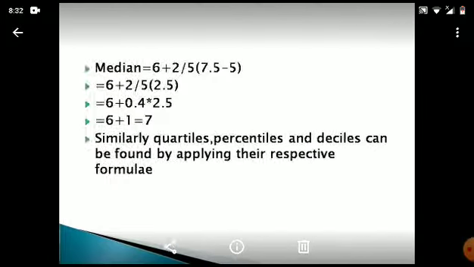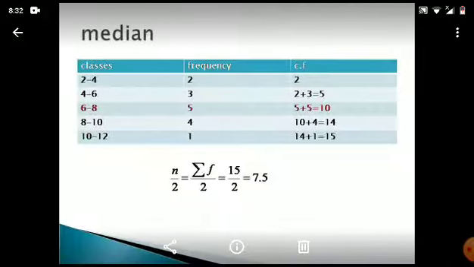Going back to the question, Fm stands for the maximum frequency. You can see the maximum frequency in the frequency column is 5. So Fm is 5. F1 is the frequency above maximum frequency, that is 3, and F2 is the frequency below the maximum frequency, that is 4. Fm, F1, F2 have been located, and the class with the maximum frequency is selected as the modal class. Here it is already highlighted in red.